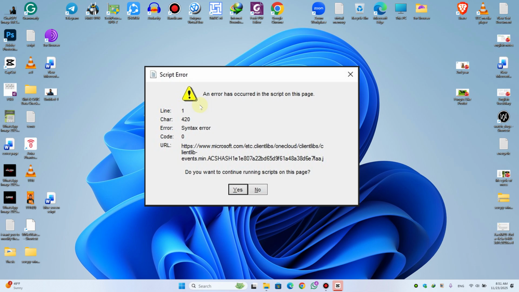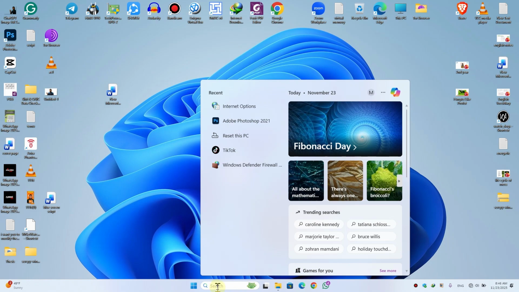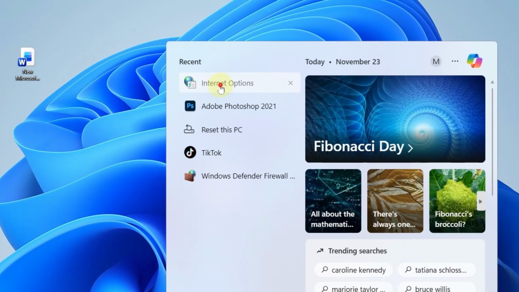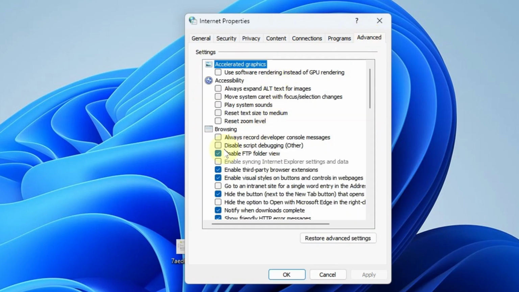Now without any further ado, let's get to this problem. First of all, simply click on your start button and here type internet option, just simply open it. Next, here click on advanced option and here make sure you disable this script debugging option, then hit apply, hit